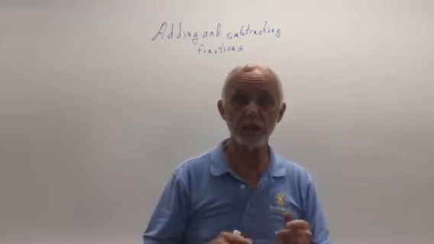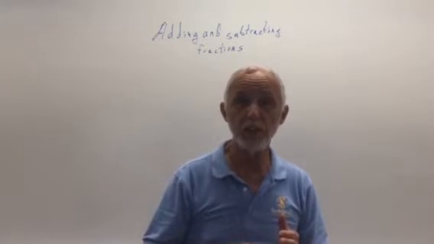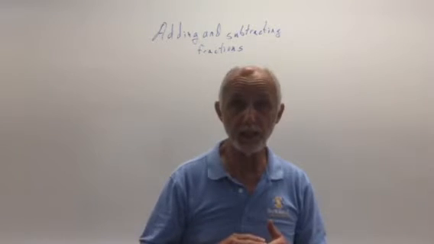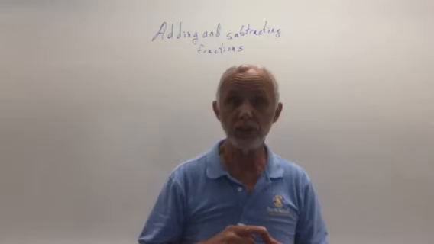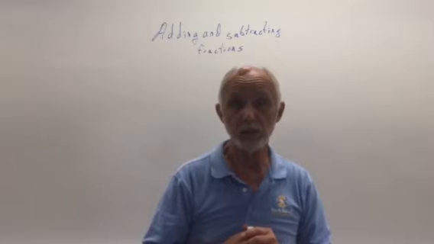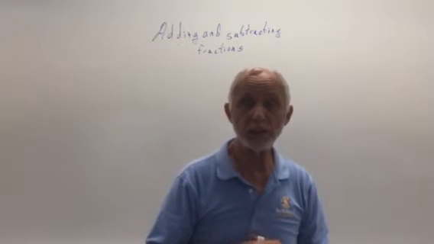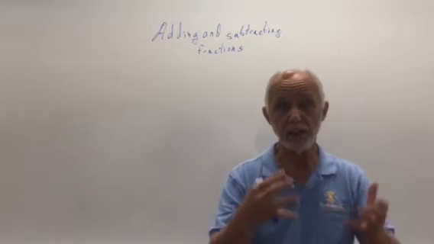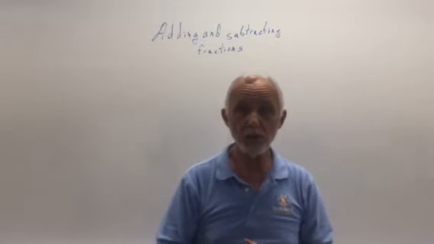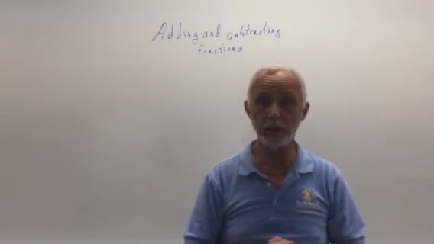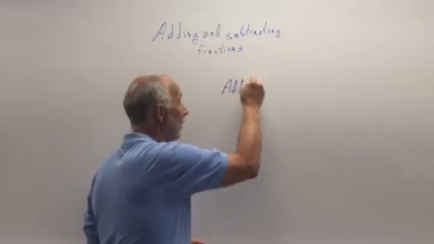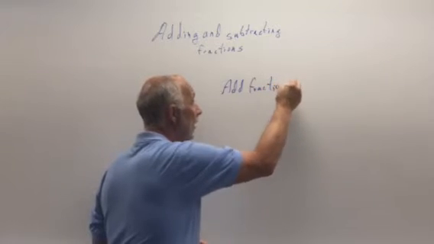do in IXL, starting with adding and subtracting fractions with a common denominator, then adding and subtracting mixed numerals with a common denominator, and then adding fractions and mixed numerals without a common denominator, and finally subtracting mixed numerals without a common denominator. These are actually all things that I've taught you in class last week, so you should already know how to do them. But if you don't know or you don't remember how to do them, I just want to go through it real quickly. First of all, to add fractions with a common denominator, what you have to do is add the